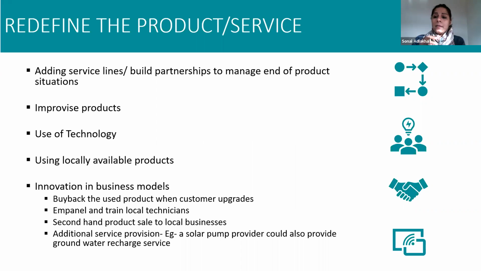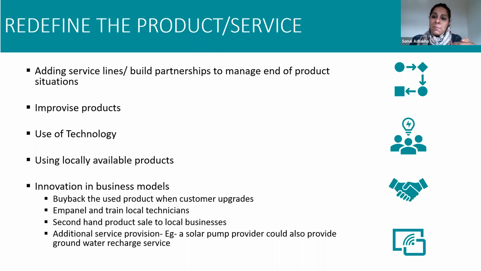Like I said earlier, the product category, the product design and its robustness is definitely of help. Using technology helps you serve your clients better. It helps reduce emission. To give you an example, we had off-grid solar pumps in deep rural areas, and the service center was say 100 kilometers, 200 kilometers away.